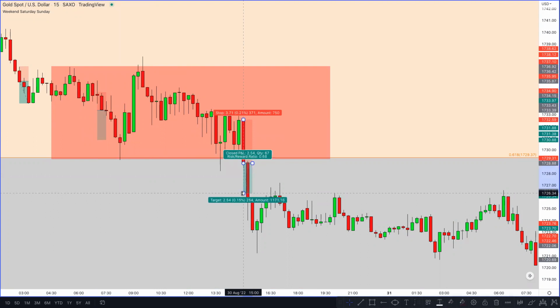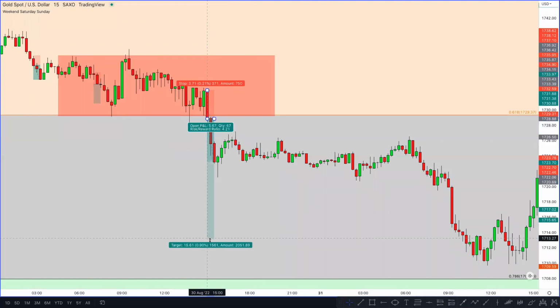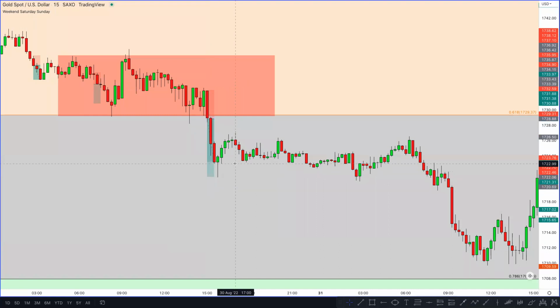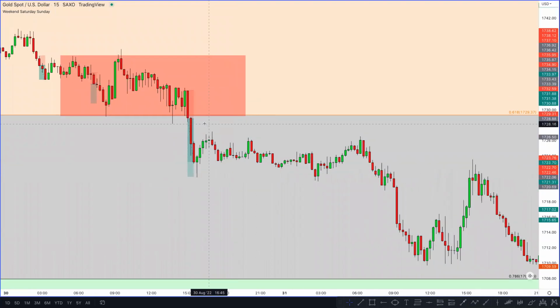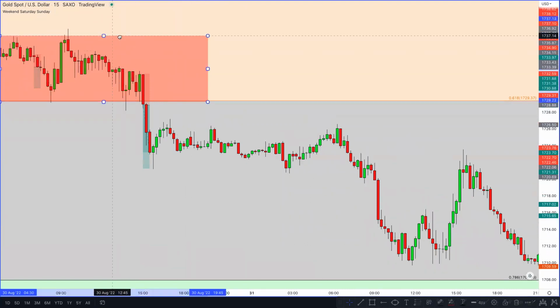But again, you see the same pattern happening. This time, look at the breakout. So obviously it was a ridiculous breakout. You could have got this trade all the way down to here, but let's just say you got it down to this level here. Yeah, there was a winning trade there. And boom, when we go down to here, let's move on to the next one.